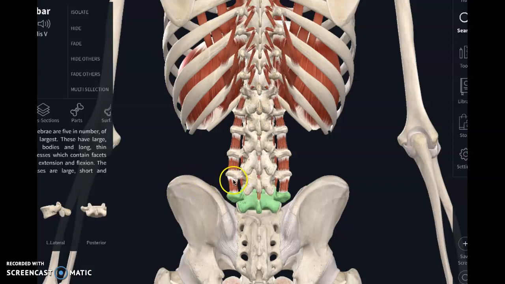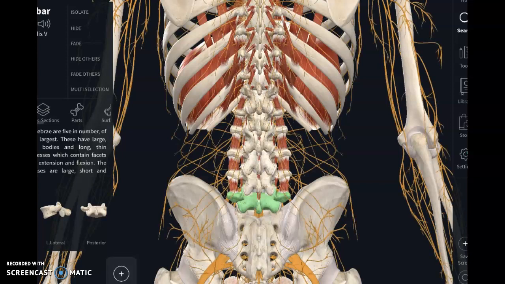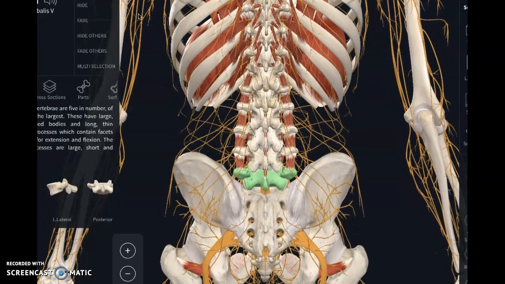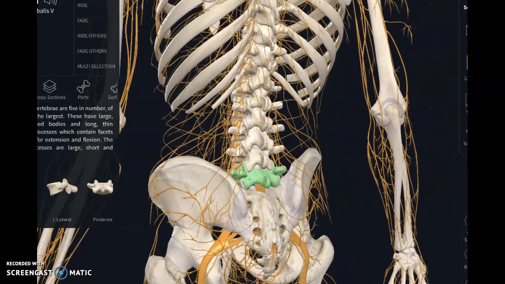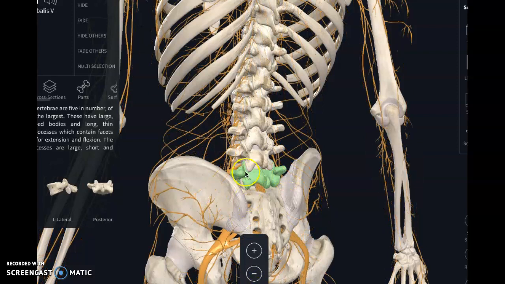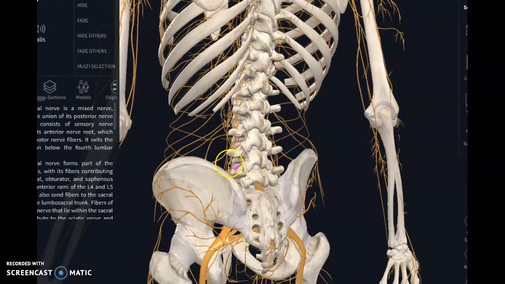S1 is the top of your sacrum, so it's that really low. If you're feeling your own hips, if you find the level of your hips, generally on most people, the same height of it is going to be L4, so you'll know that that next step down is L5. So if we look at where the nerves are coming out, let me take off this other layer of muscle here. If you are just looking at all this meshwork of nerves, if we take it down to where it's just the basic ones that come out from in between, and we get real zoomed in here,